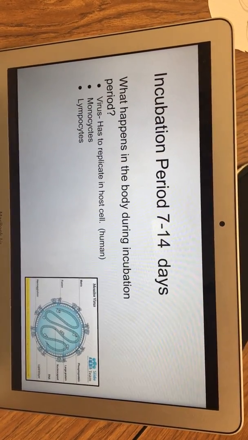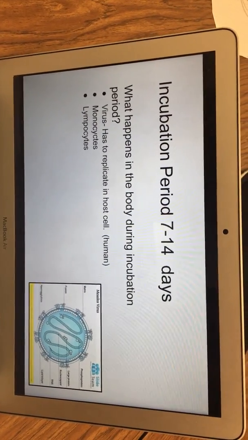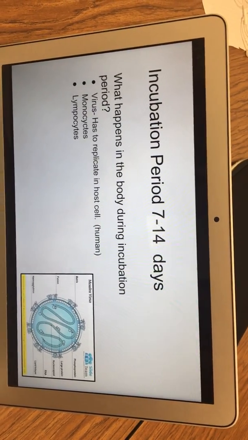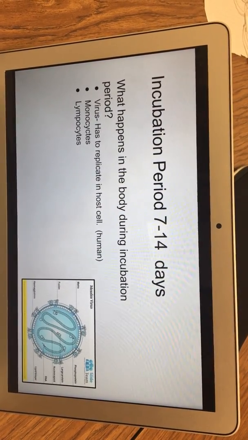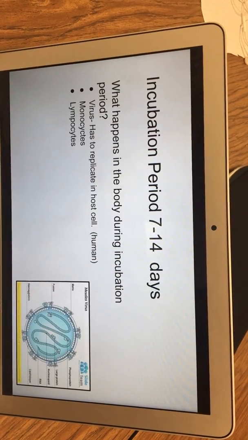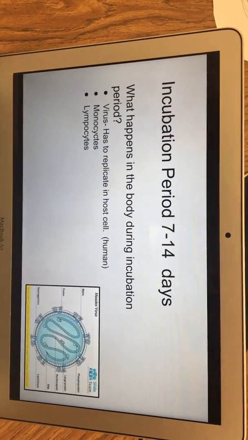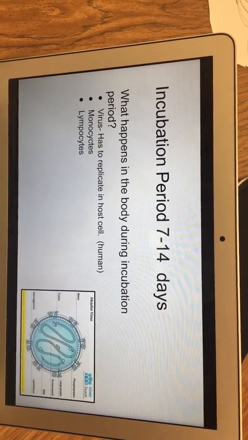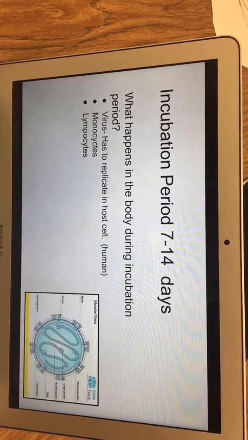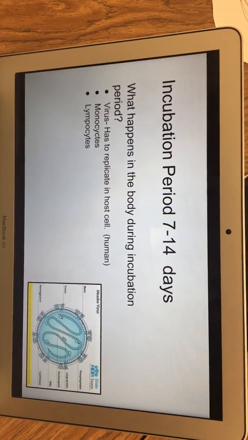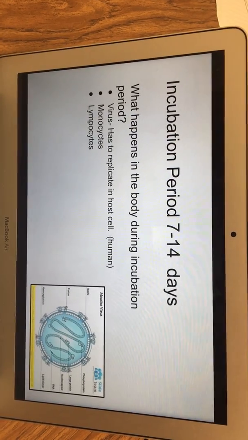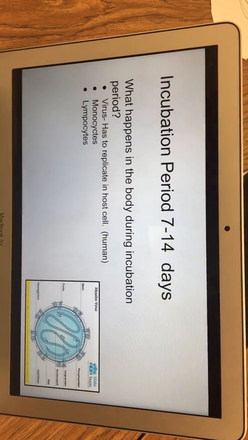The incubation period is 7 to 14 days. During this incubation period, the measles virus invades a host cell, most commonly monocytes and lymphocytes. The measles virus invades the host cell by attaching to a few different types of receptor proteins located on the cell wall. Once invaded, the host cells carrying the measles virus travel through the body via the blood and lymphatic systems,